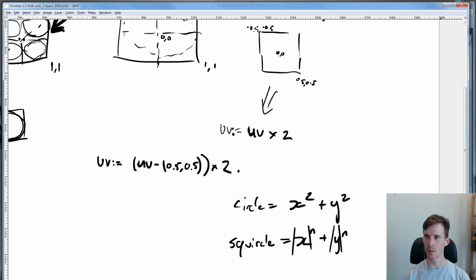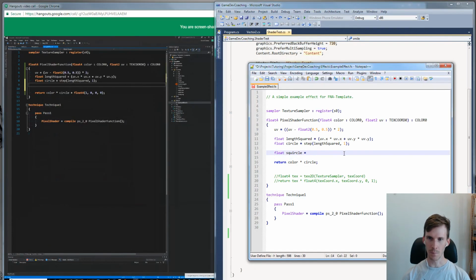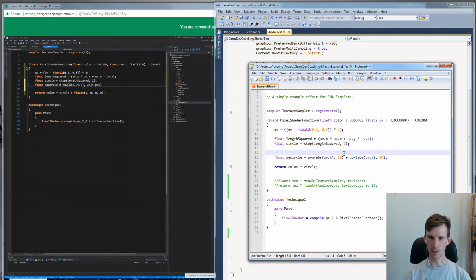And oh yes, I think you have to take the absolute value of x and y, because if you've got a negative value for x or y and the power you're taking is not even, you could end up with a negative value, which is not what you want. So I'm just coding this in here to give an example of a thing that you can do that takes you one step closer to that Kirby thing. You can make more shapes than just circles using this technique if you know the right formulas, and obviously you can take it quite a long way.